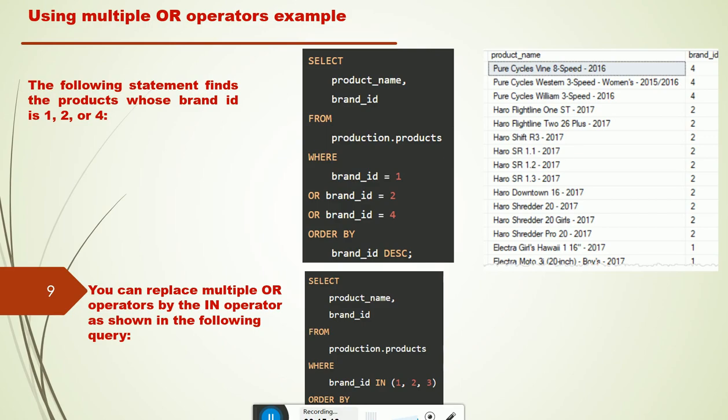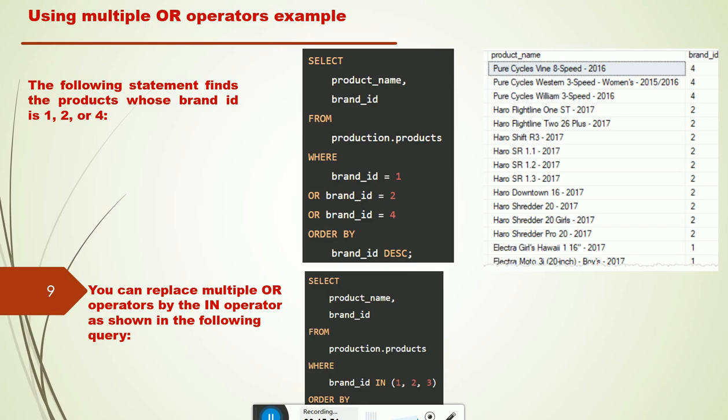Select product name, brand ID from production.products, where brand ID in 1, 2, 4, and order by brand ID DESC. The same output you will retrieve. So either you can write it using the OR operator like this, or you can write the query using the IN operator in this manner.